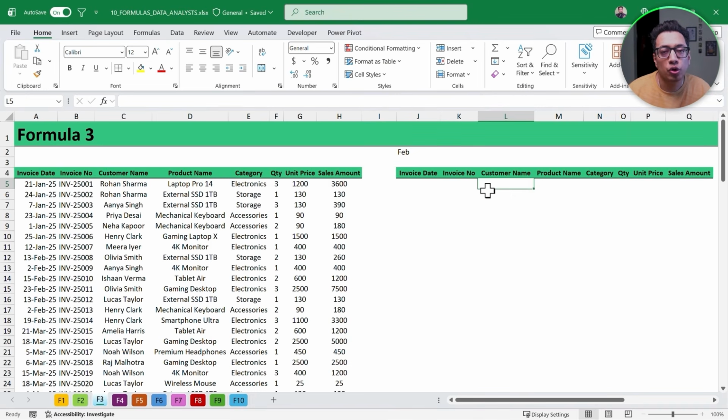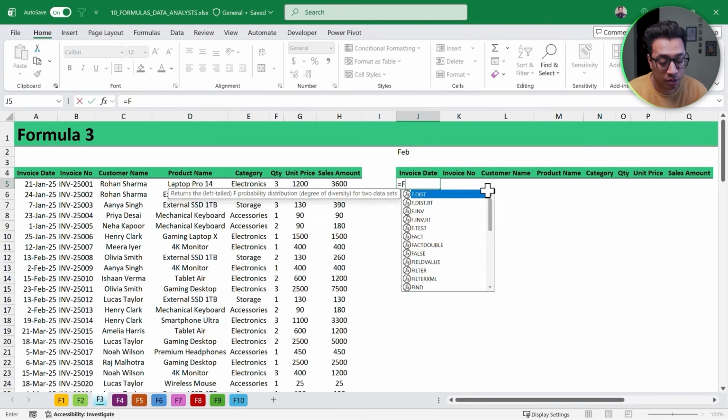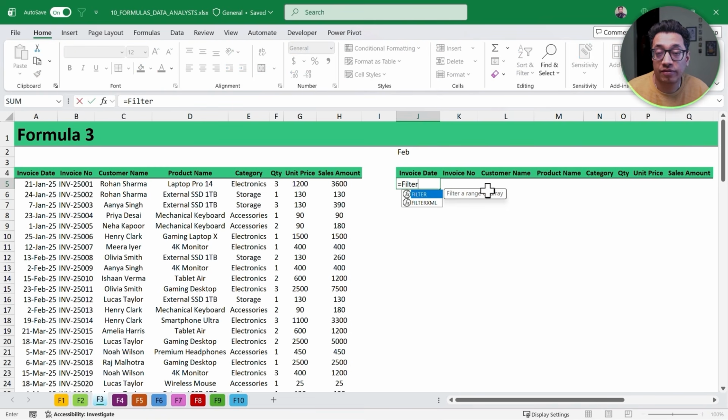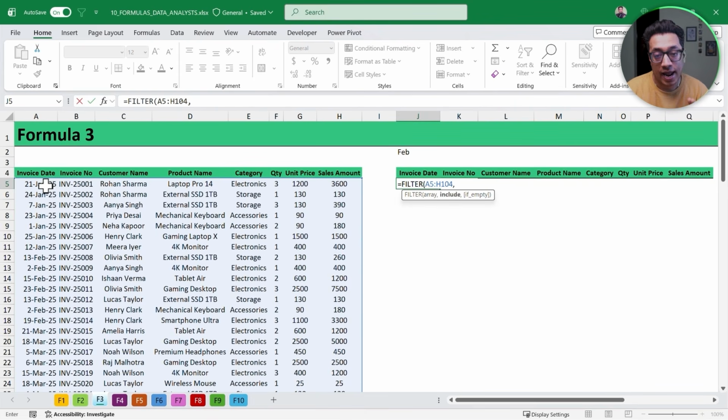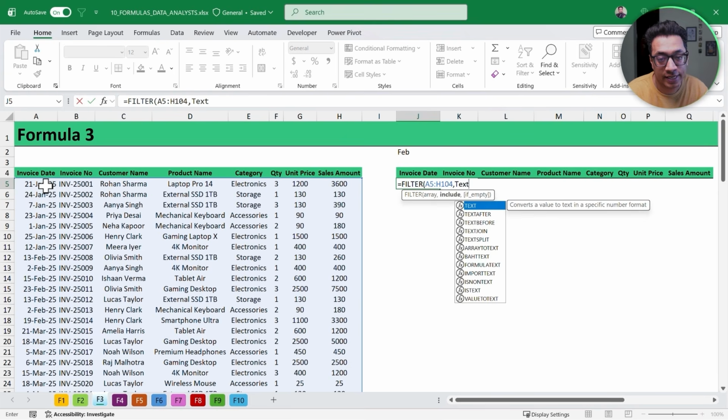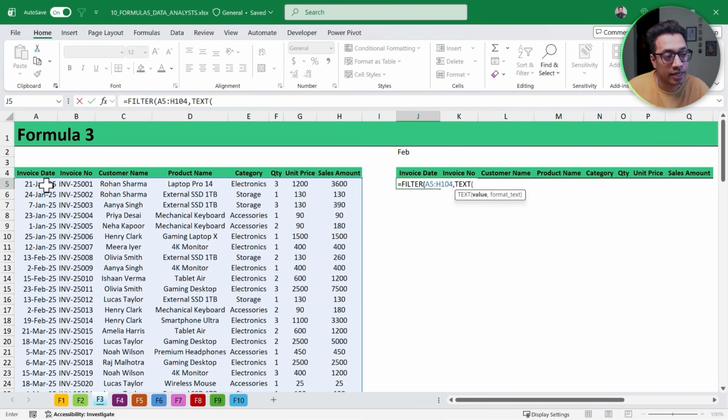Now think about, you want to extract data from the main data based on month's name. You want to extract data for a specific month, and for this we're going to use a formula using the filter function. So I'll enter the filter function here, and in the array argument, that's the first argument, I'm going to specify the entire data that I have. Now in the include argument, I'm going to use one more function to create a condition here. So I'll use this function that is text,